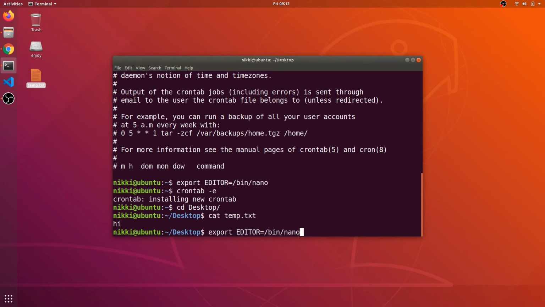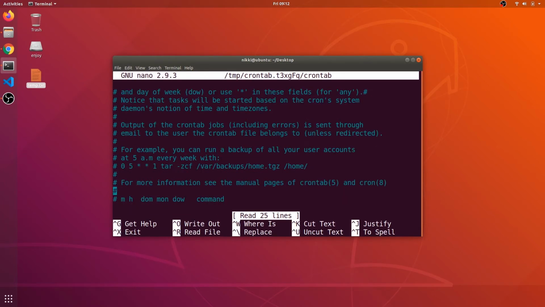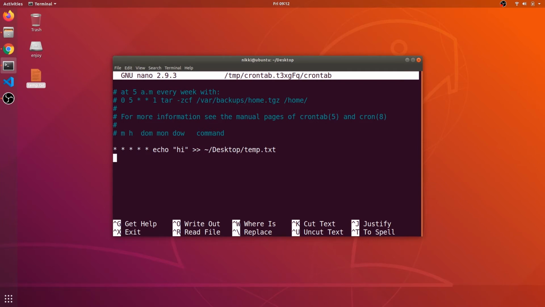Now let's go into the crontab and do some more editing. So this is one example. Now I want to execute at 2:30.